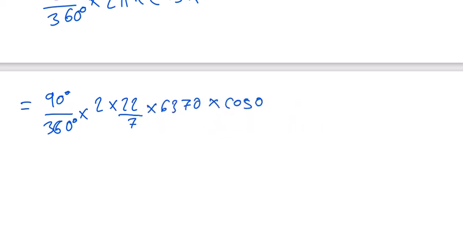Also, what we're going to do in this particular case is work out this. So we know that when we divide 90 there, it's just 1. Then 90 into 360 is just going to be 4. So we're going to have 1 over 4,